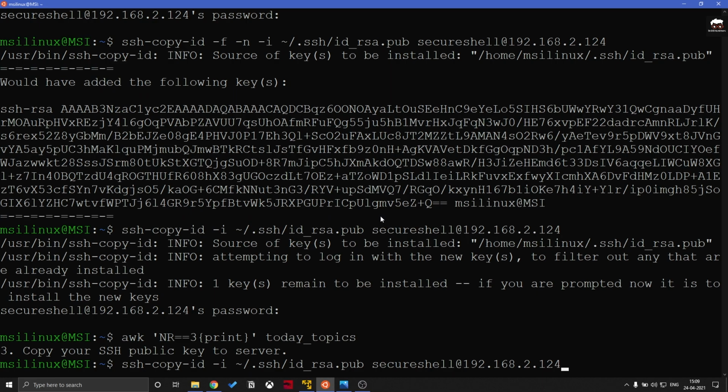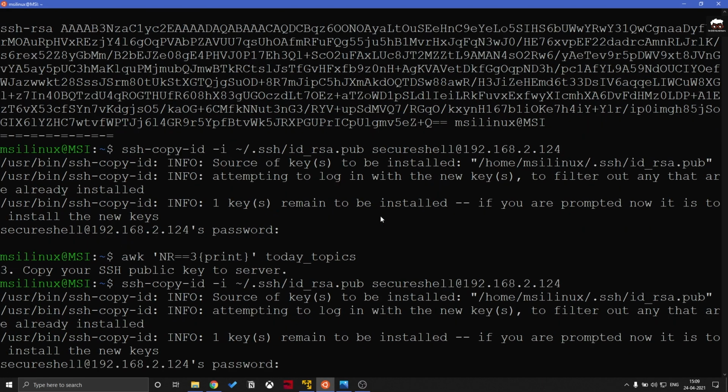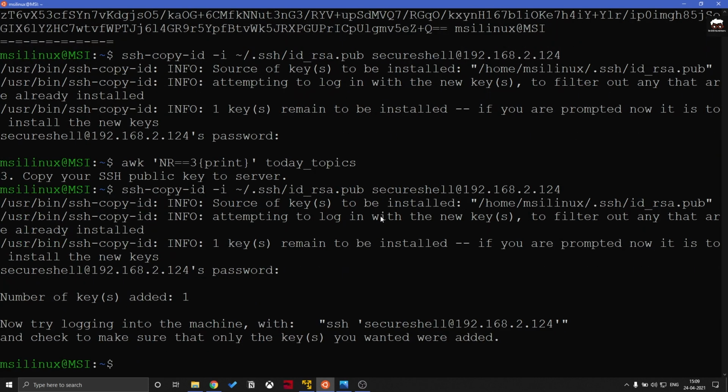So let's hit the command, and it is asking for the password the first time in order to copy your public key to the server. So let's enter the password. It has successfully added your key to the server. Here you can see the number of keys added is 1.